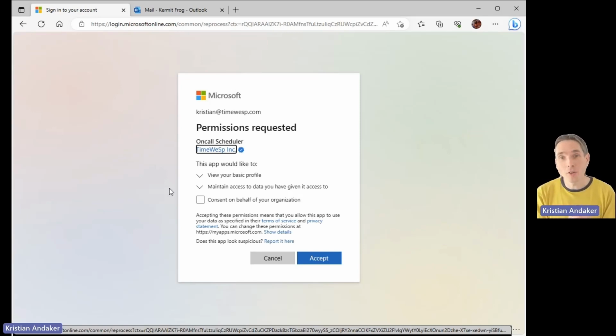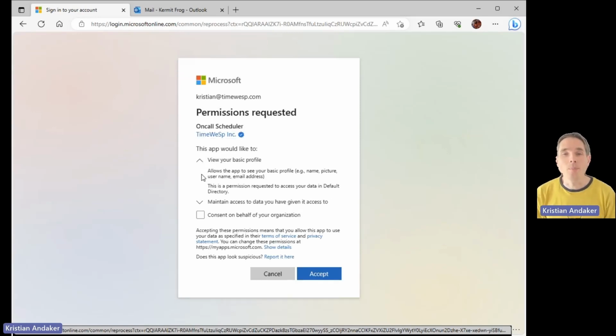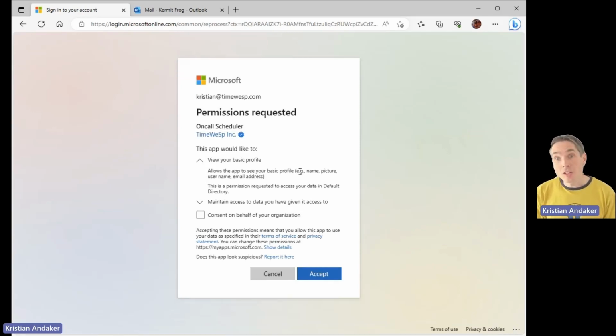So the two things that On-Call Scheduler gets here from Microsoft, the authenticating party, is one, Microsoft will say, yes, this is the user who owns this email address. We have verified that. And secondly, Oncall Scheduler will get the email address, which it uses to send email and meeting invites and such to you later. And you can see that Oncall Scheduler will also be able to see the name and a picture if there's a picture in your profile. It doesn't use this, but these are the minimum permissions that Oncall Scheduler has to ask for to get the